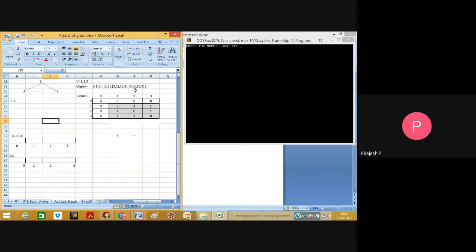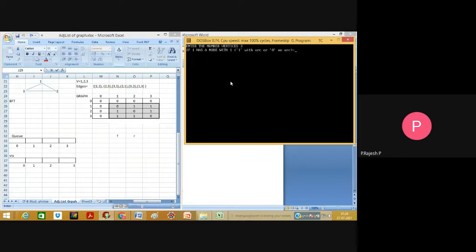Let us assume we enter 3 vertices. Enter the number of vertices, assumed to be 3 right now. If node 1 has an arc with 1, it does not, because it is not a self loop.